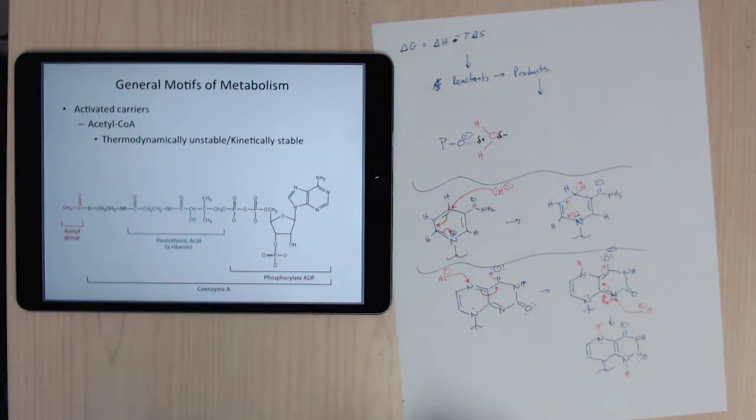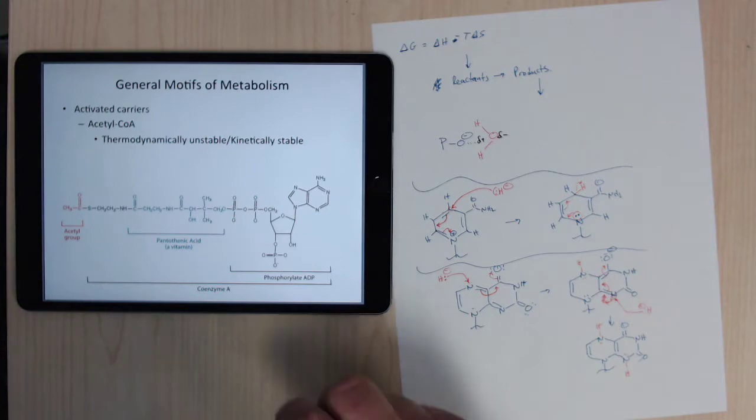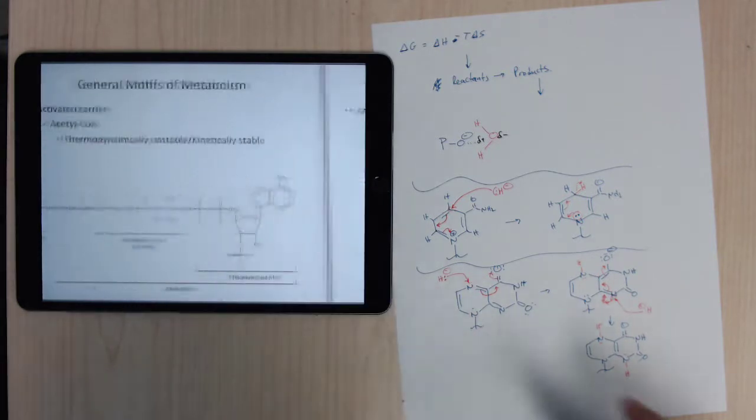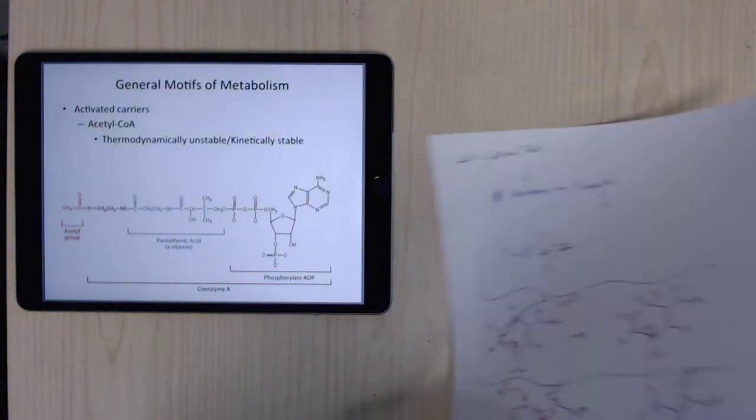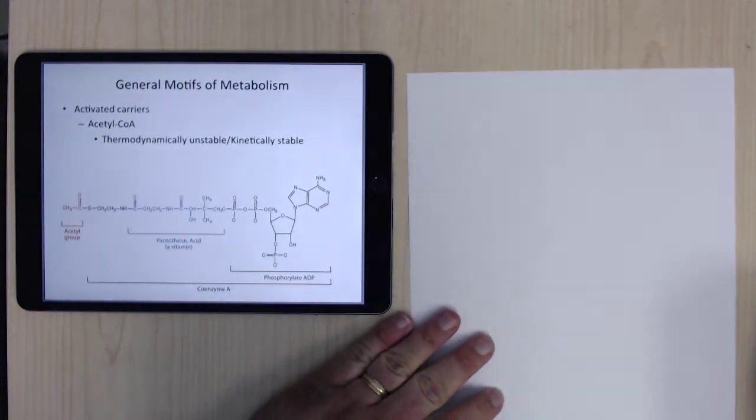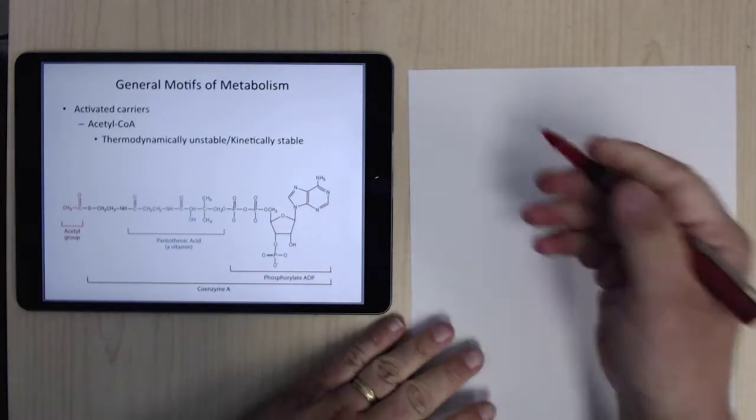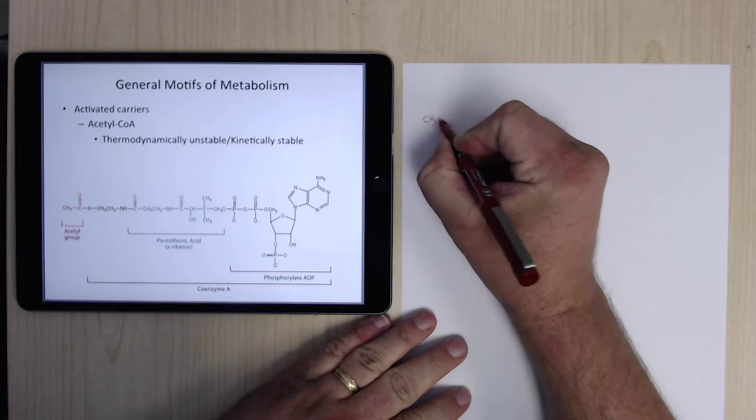This is no different than any other leaving group you learned about in organic chemistry. So what you're going to end up having is simply, well, here, let me keep the colors the same. So if you had your acetyl group here,